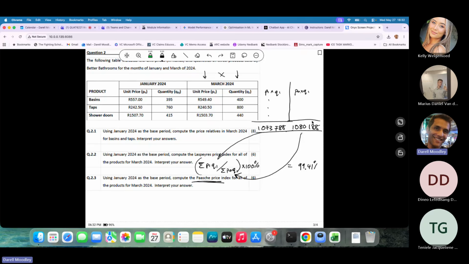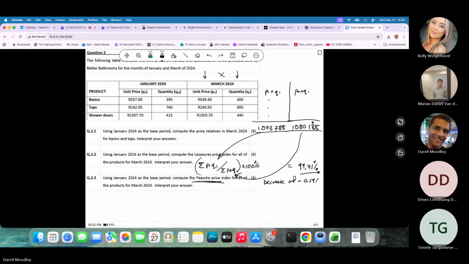Try to round to 2 decimals, okay? Make it a habit for all your answers. Don't go less than that. If you want to go more, it's up to you, but at least 2 decimals. All right, so 99.41%. So how much is it less than 100%? You can subtract 100% and you'll get a decrease of